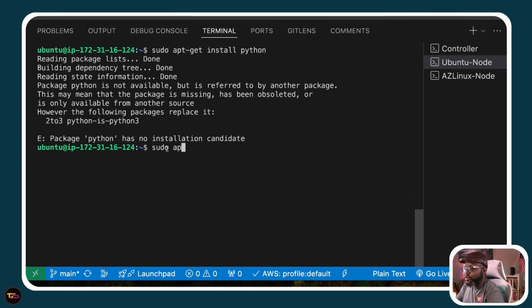Okay, back to Ubuntu here. So we're going to do apt get. It says the following packages replace it, so we're going to use Python here. You can either use this one here, that's optional, but you can just use Python 3 here. So we're going to say install